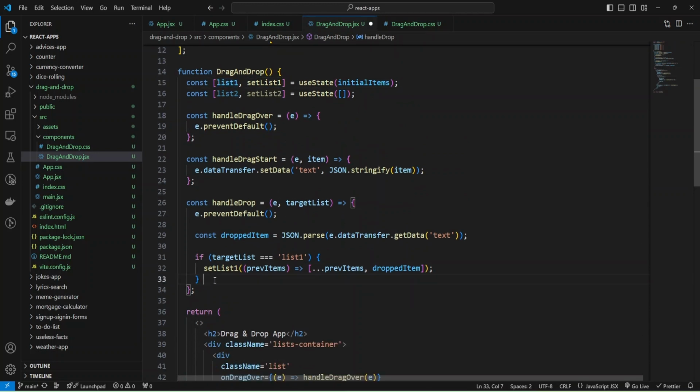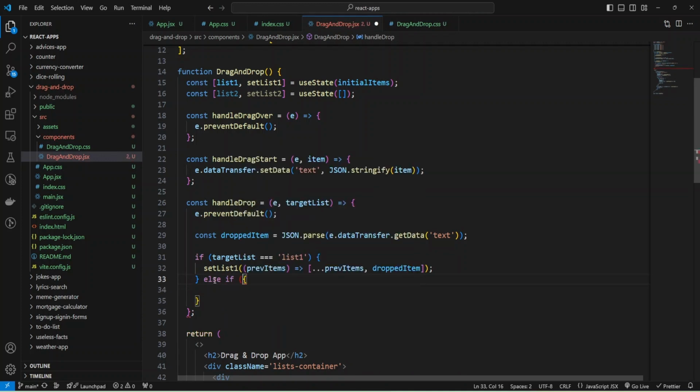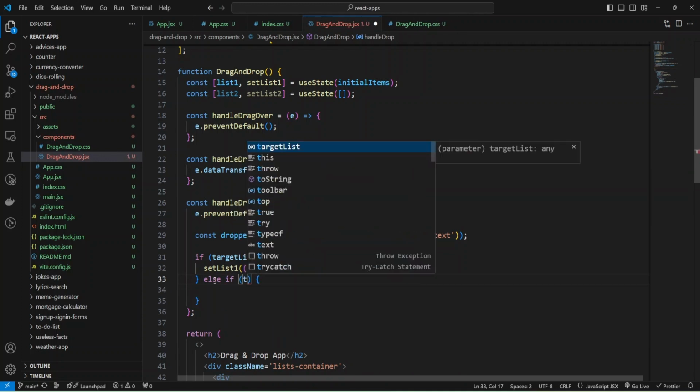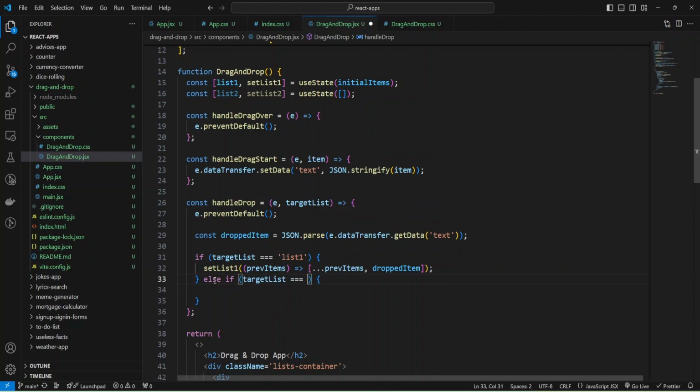And now I can add else statement and add if condition if target list equals list 2, then I'll set list 2 will add dropped item to my list 2.